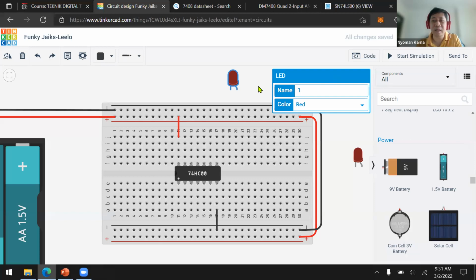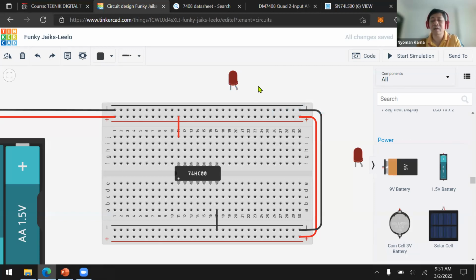Now, this is the LED lamp. It's just like a diode, because LED actually stands for light emitting diode. If we put it into forward bias, then it will emit light, so that's why it's called a light emitting diode.